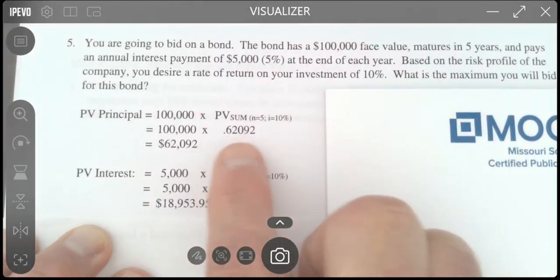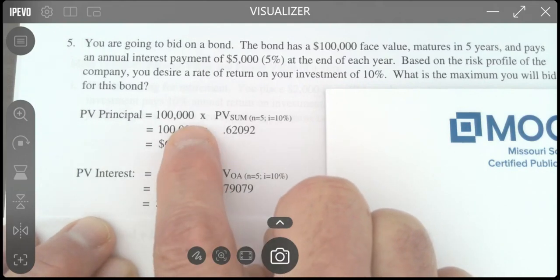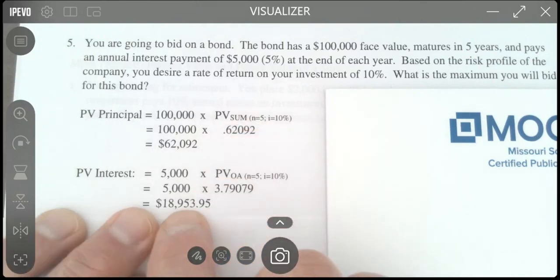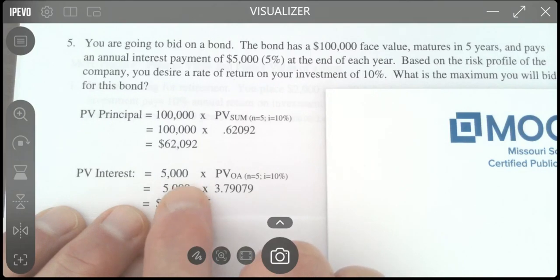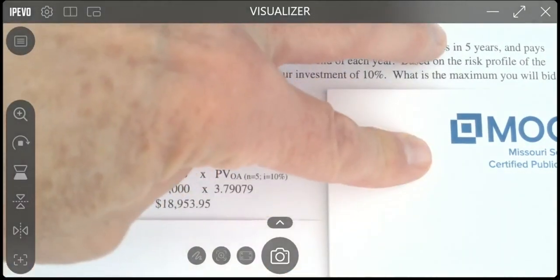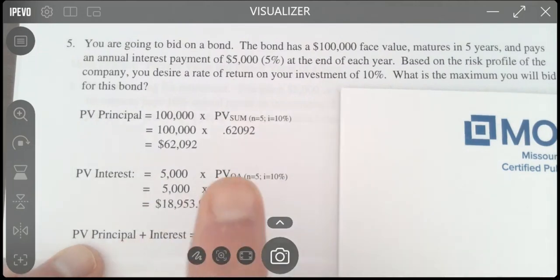What this is saying is, I'm willing to pay $62,092 for the $100,000 payment this bond makes at the end of its life, and I'm willing to pay $18,953.95 for the five $5,000 interest payments over the life of it. So there's $25,000 of interest payments over the life. We'll pay $18,953.95 for those. Well, the bond pays both, so we're willing to pay the present value of the interest,